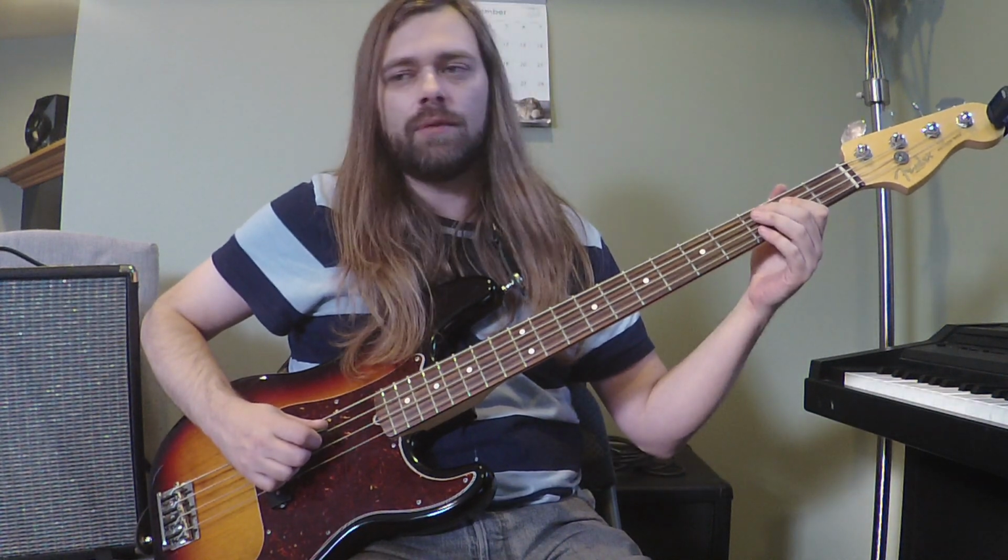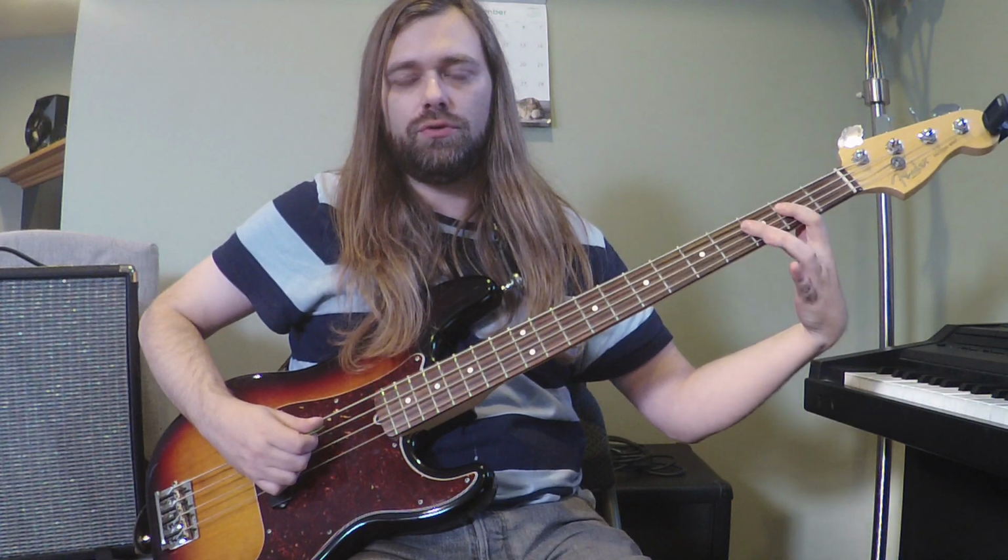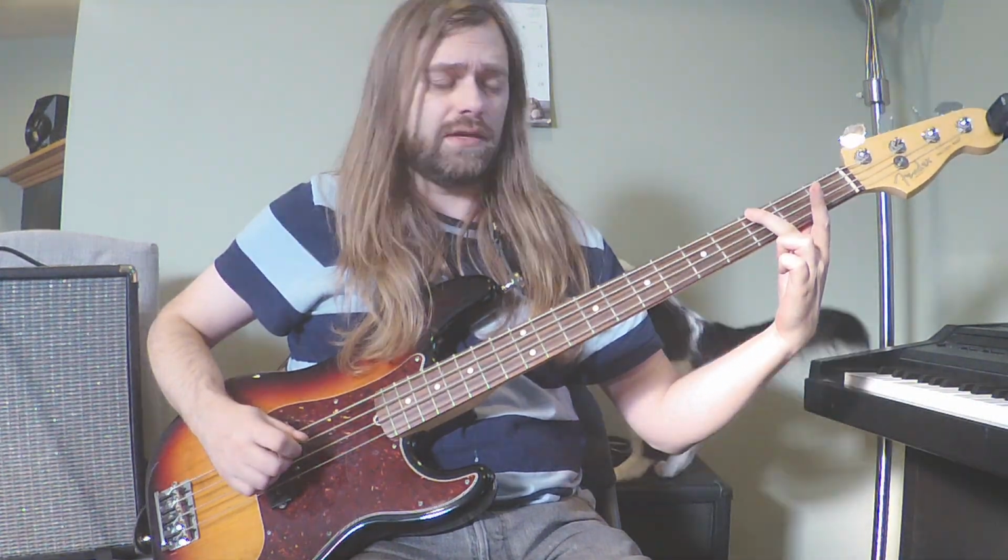The next measure is this. So what that is starting with a little A power chord again. So a little slide in there. Then you've got your 5th fret note, and then some hammer-ons and pull-offs. So that's 2, 3, 2 open, and then you've got your G note to end it. So all together we get...